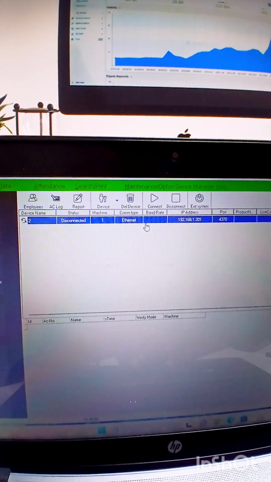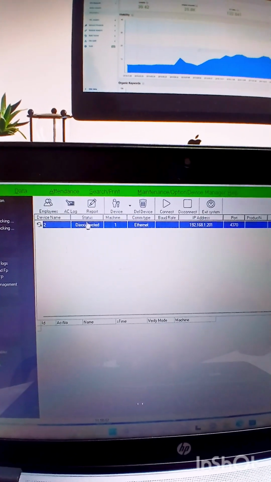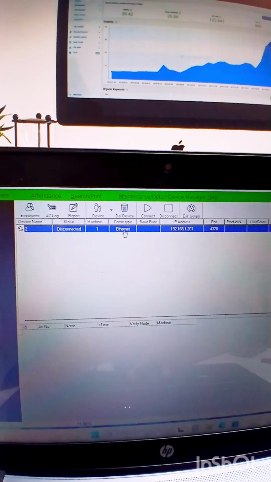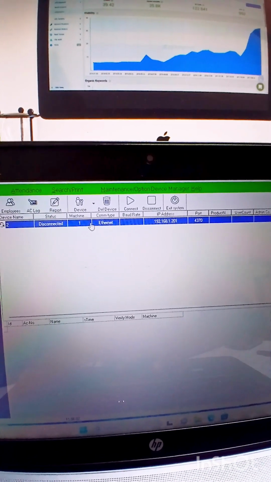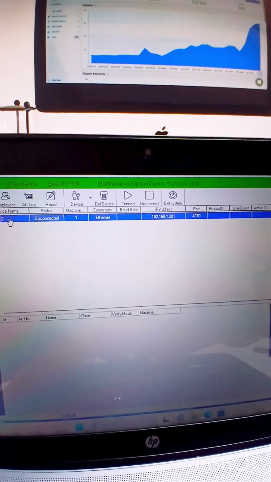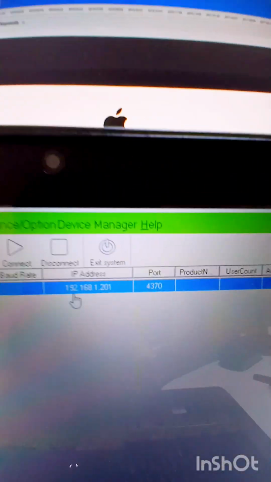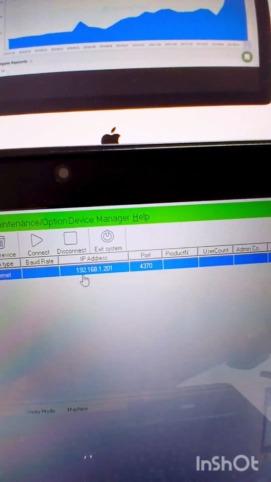Now, as you can note from this device, the status is saying disconnected, and communication type is Ethernet, the machine number, and the name. You can change them. And this is the communication mode through the Ethernet, and this is the IP address. You have to confirm from the machine itself that this is the same IP address. Then this is the port number. So we don't have to change this port number, but if you want to change anything depending on your network,